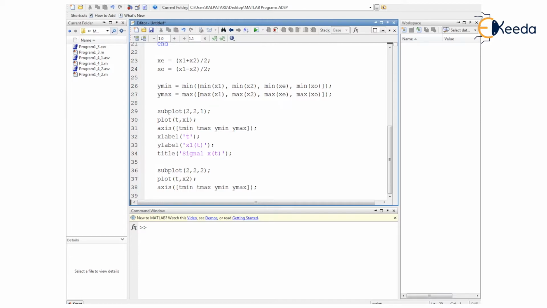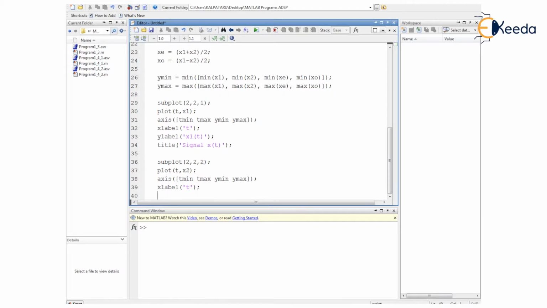After ending, let us provide nomenclature to the axes. For the horizontal axis, let us have xlabel. For the X axis, it is the time parameter t. Then comes the Y axis, which is vertical. There it is ylabel as the MATLAB command, and inside the parenthesis and a pair of single quotes I just mention x2 of t. So this is x2 of t.